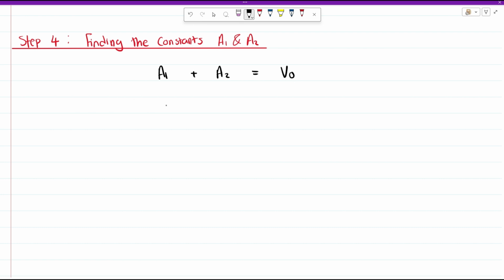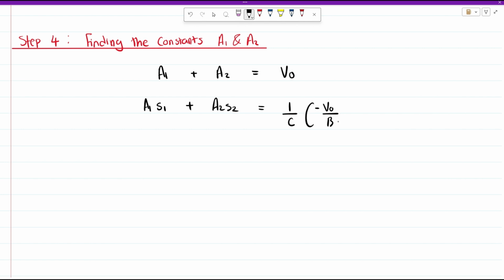The second equation is A1 multiplied by S1 plus A2 multiplied by S2 is equal to 1 divided by the capacitance multiplied by negative the initial capacitor voltage divided by